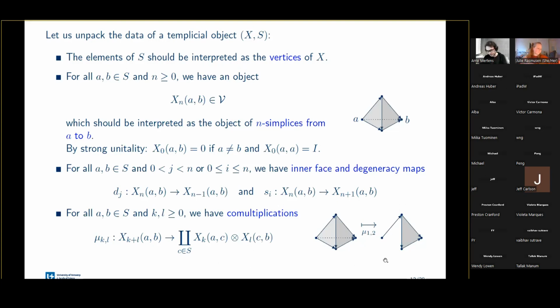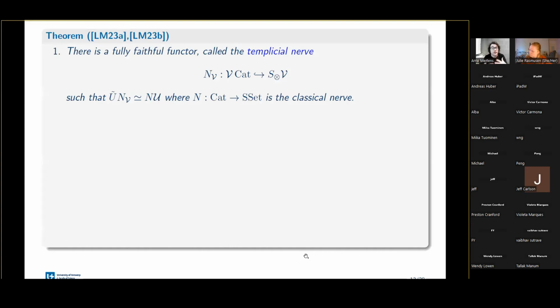And classically, we would want to take our outer face map to reach this face, but this I can no longer do. I can only access this face, not directly, but only when it's joined inside this bigger tensor product, only when it's joined at this other simplex. This is precisely because this tensor product is not Cartesian. Otherwise, I could project onto either of the components, but because I'm working with this tensor product, I have to drag everything along. It's a bit annoying, but it is necessary in order to be able to define these nerves.